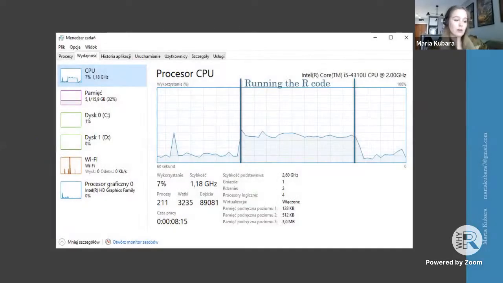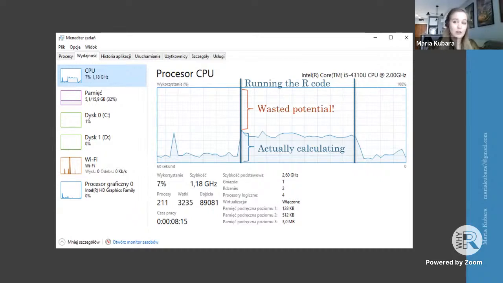So this is where the inspiration came from. I was using R doing my simulations, and I looked into the task manager to see what my computer is actually doing. And this is what came up. So this is the share of my RAM usage that it actually took to make my calculations. And the rest of it is just wasted potential. This is not the optimal way.